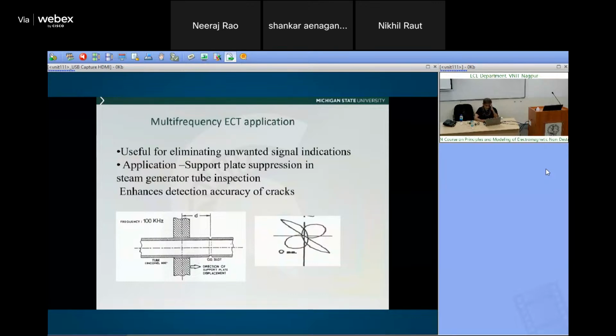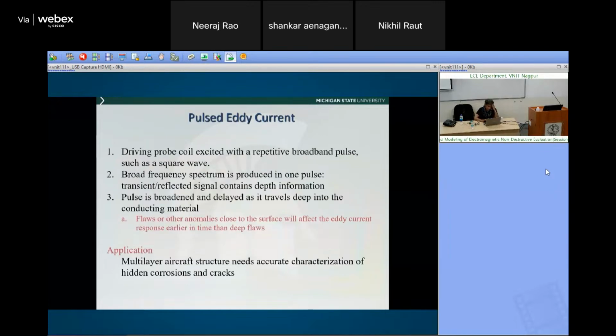So that's one about multi-frequency, and then you have pulsed eddy current. So you drive the probe coil with a number of pulses. The pulses means you have a broad